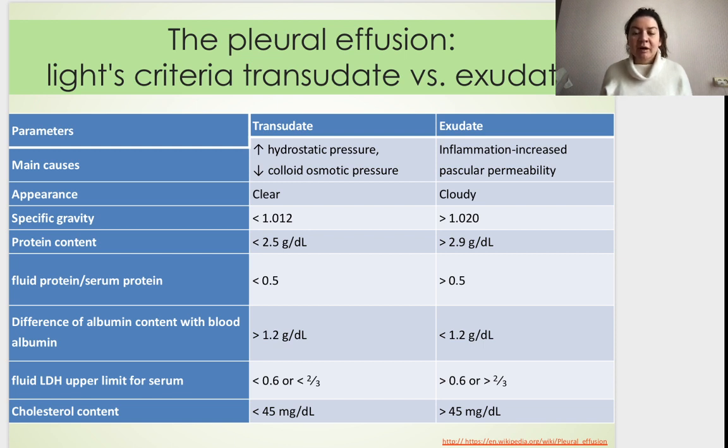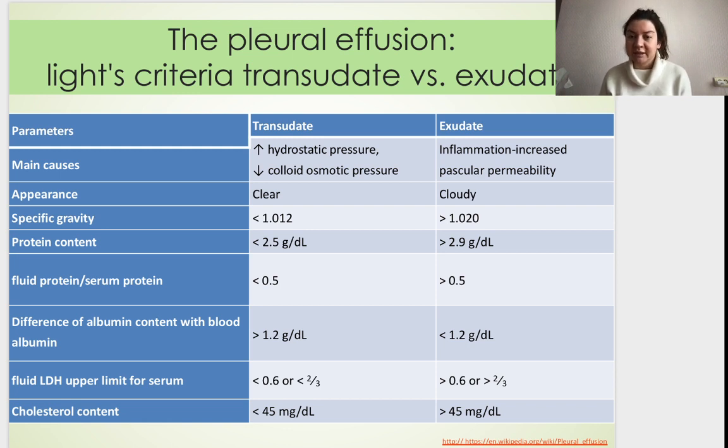For specific gravity, transudate is less than 1.012, and exudate usually has a higher gravity, 1.020. For protein content, transudate is less than 2.5 grams per deciliter, and in exudate it is more than